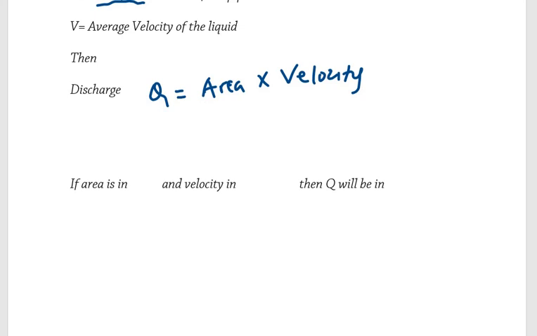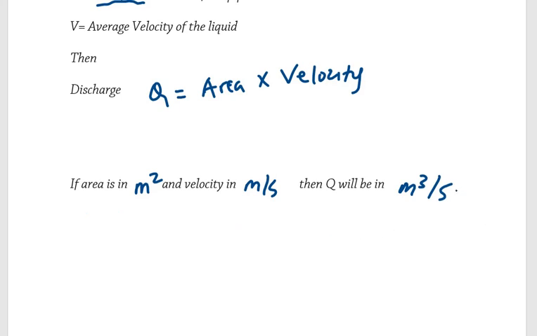Now, if the area is in square meters and the velocity is in meters per second, then Q will be in cubic meters per second,